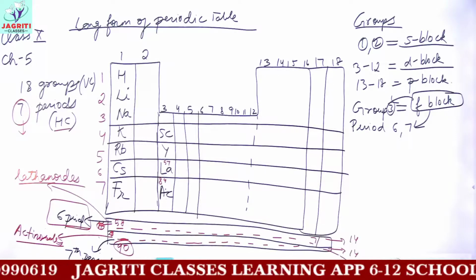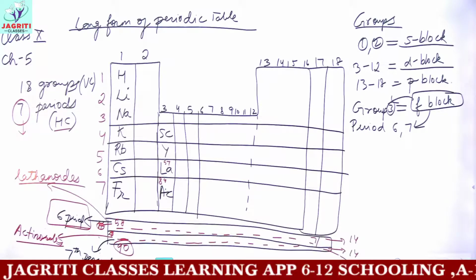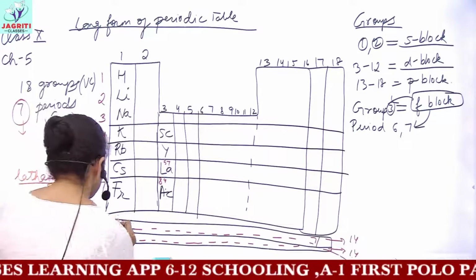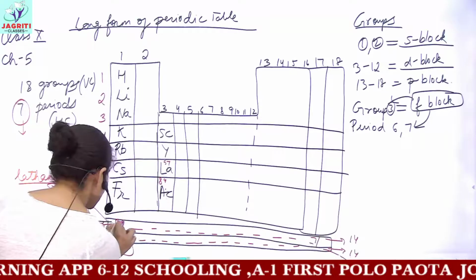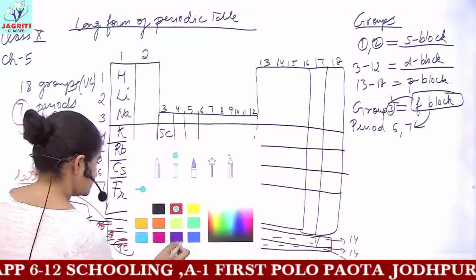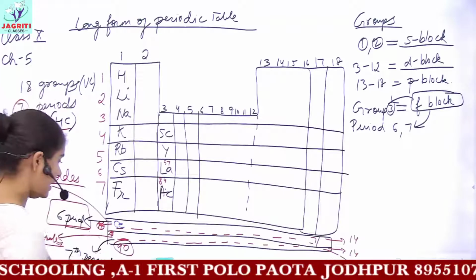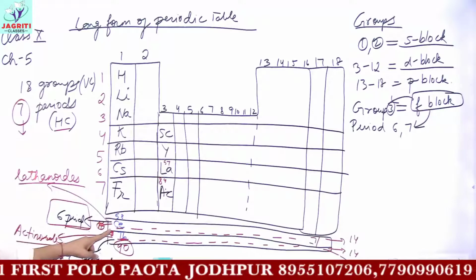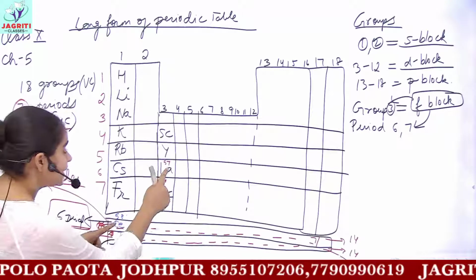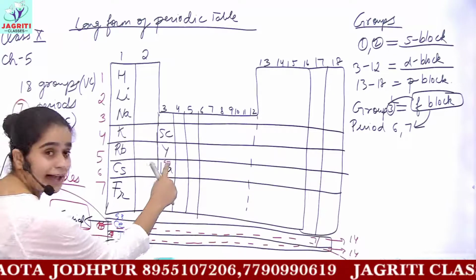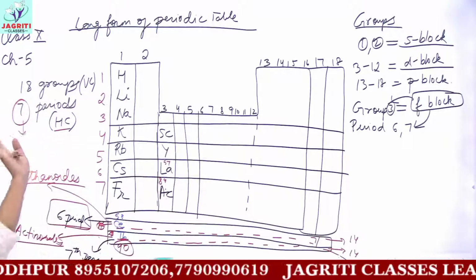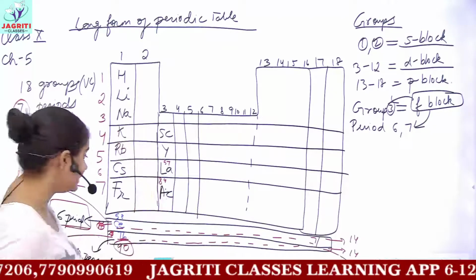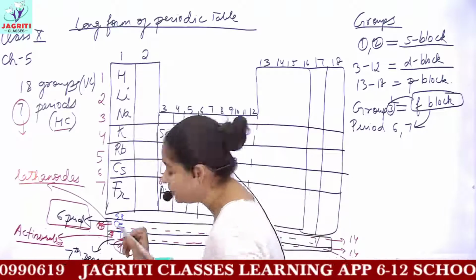Okay, so what elements do we have in lanthanoids and actinoids? You actually do not need to remember all of these. You can say that the first element coming here is cerium, the element with atomic number 58, and the first element with atomic number 90 is thorium. So cerium is the starting element of lanthanoids, coming just after lanthanum. Lanthanum has atomic number 57, cerium has atomic number 58. Similarly, we have actinium here with atomic number 89, and thorium, which has atomic number 90.